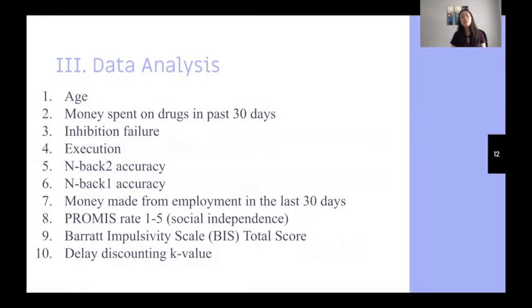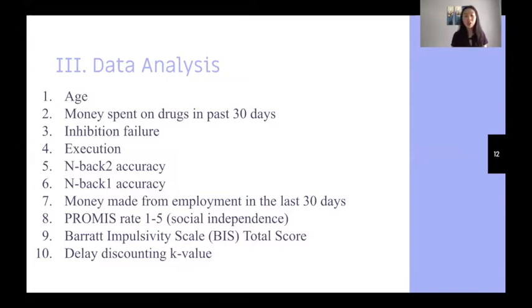And that moves me to my final part of my method section, which is all about data analysis. Coming out of the baseline appointment, I have hundreds of data points for every participant. And somehow what I need to do is condense all of that and summarize it into a more manageable number of variables. So what I've done is I've chosen 10 variables that I think cover the participant the most holistically.